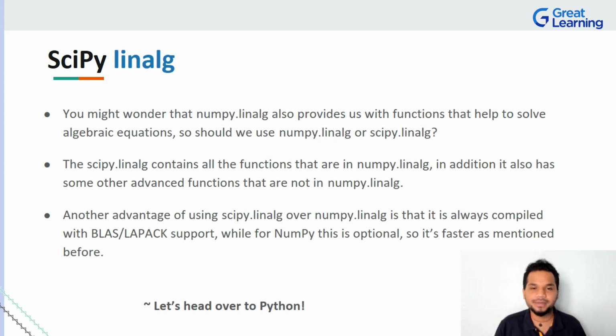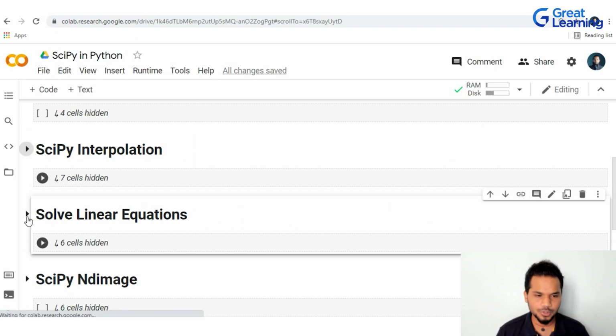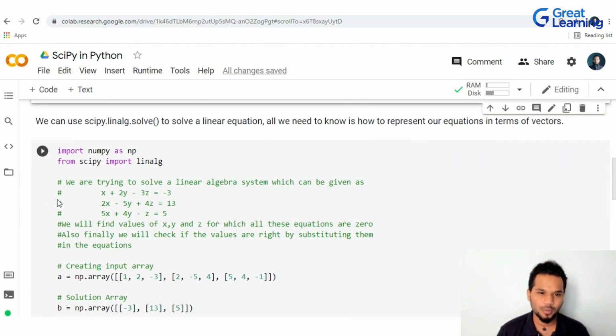I know it sounds a little bit complex, but trust me, this simple slide will give you all the information you need to know about quick comparison, what can do what better, which should be used when, what is the advantage of SciPy.Linalg over NumPy.Linalg, right? Again, as always, let me quickly show you one or two demos on this and we can go about doing it. Now, I'm going to take you back to your college days.